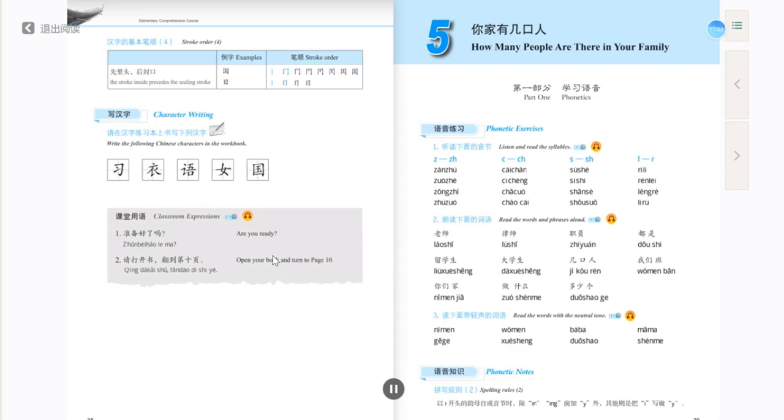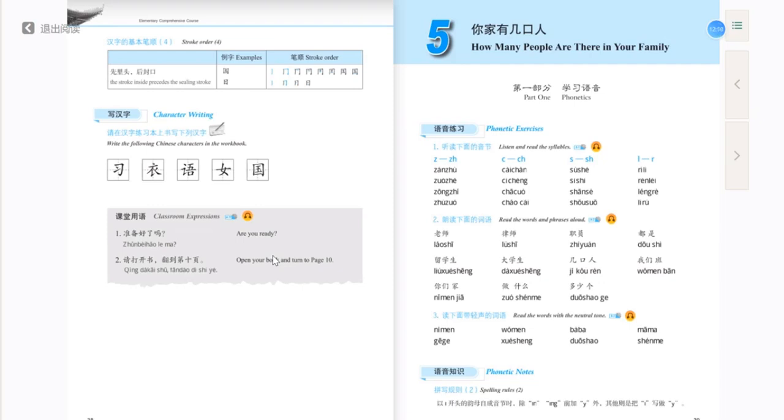2. 朗读下面的词语：老师、律师、职员、都是、留学生、大学生、几口人、我们班、你们家、做什么、多少个。 Okay. So as you listened, as you heard, okay, there are some kind of neutral syllable in these